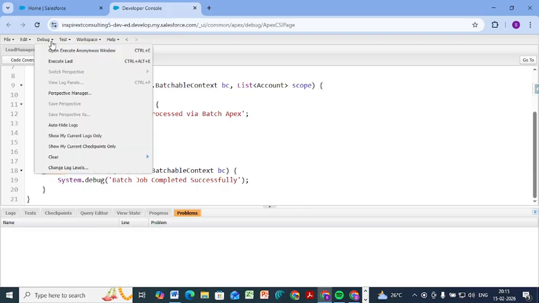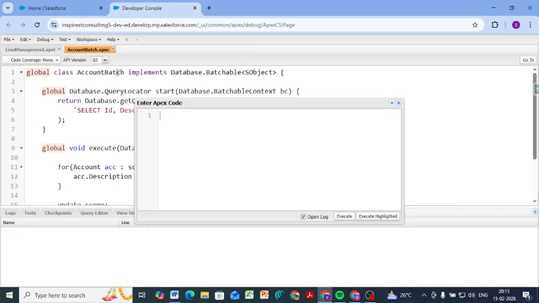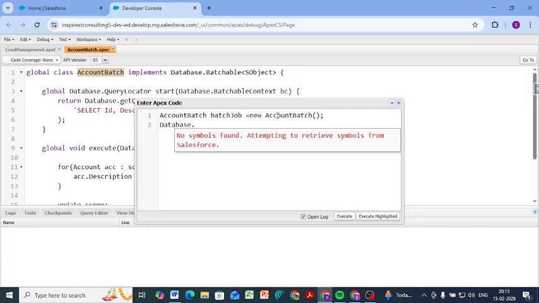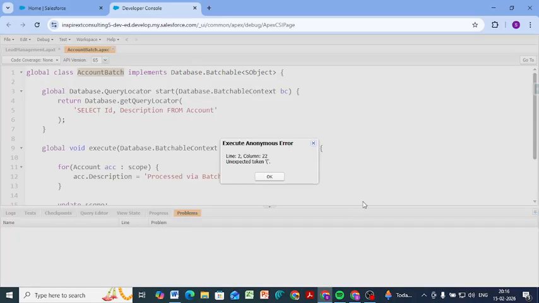Now how to execute this code? Open the window and type AccountBatch, this is the name of the class, and batchJob as the name of the batch, and new AccountBatch, and Database.executeBatch using batchJob in the query, that is 200 records per transaction, and we have to execute this by